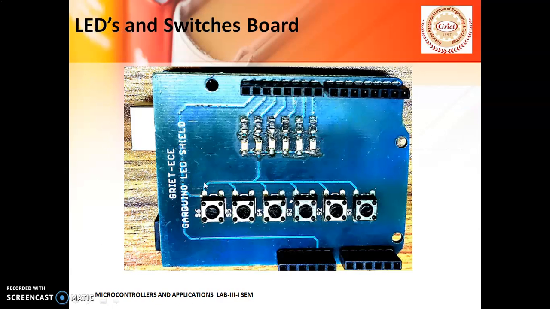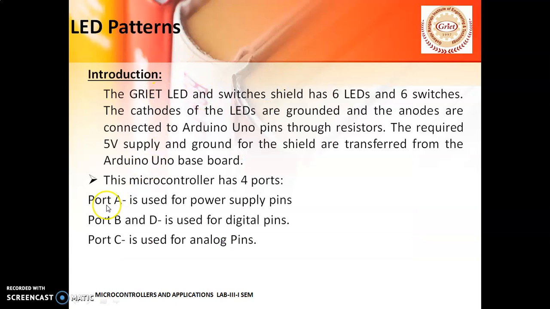We already know that the controller we have in the Arduino board, the ATmega328 microcontroller, has 4 ports: Port A, Port B, Port C and Port D. Each and every port is of 8 pins. Port A is from PA.0 to PA.7. Port B is from PB.0 to PB.7. Port C is also of 8 pins, from PC.0 to PC.7. Port D is also of 8 pins, starting from PD.0 to PD.7. Each and every port is supporting some of the pins which are there in the controller.